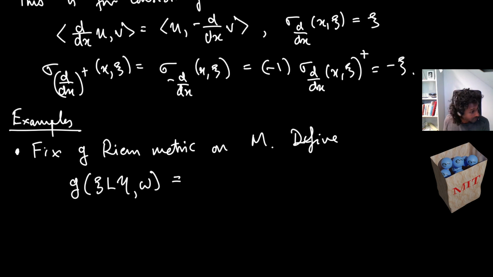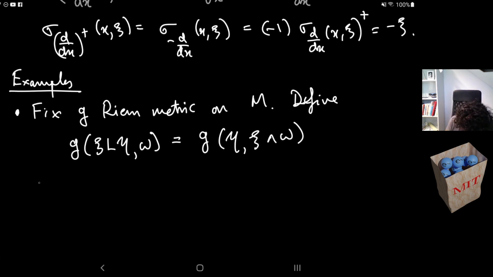I learned this from Leon Simon's book on GMT. So this is the adjoint. So the cut product here is the adjoint. The way I always remembered it is that psi is cutting into eta. So we define it this way,